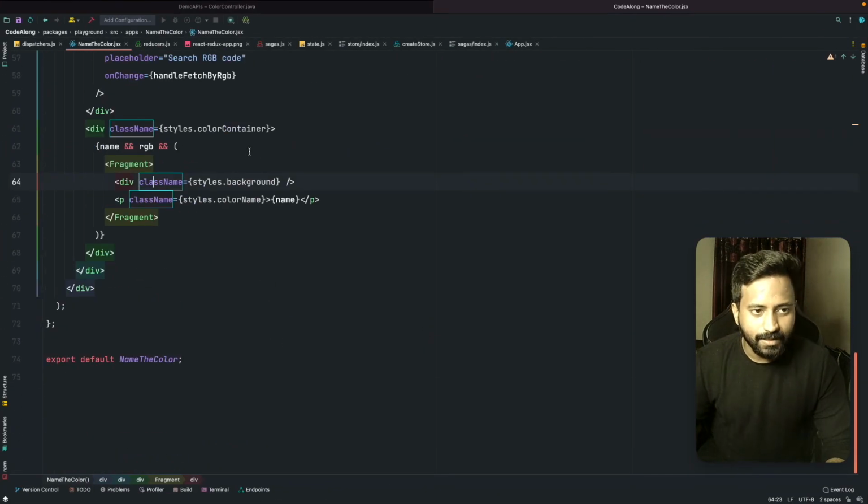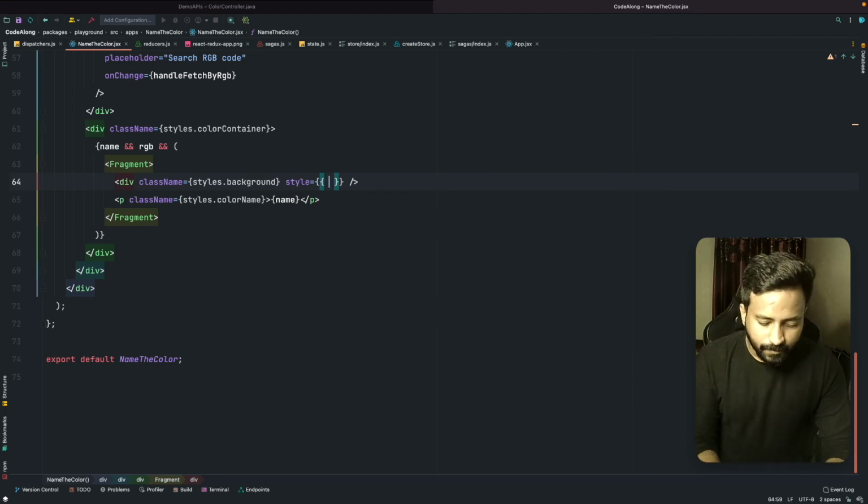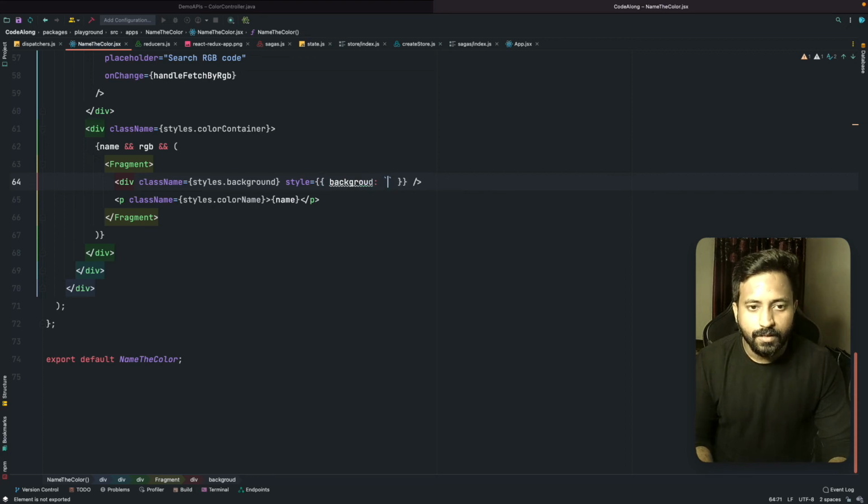So for that, I'm just gonna use style and set the background to RGB, and we already have the RGB code with us, so we will just use that RGB code.